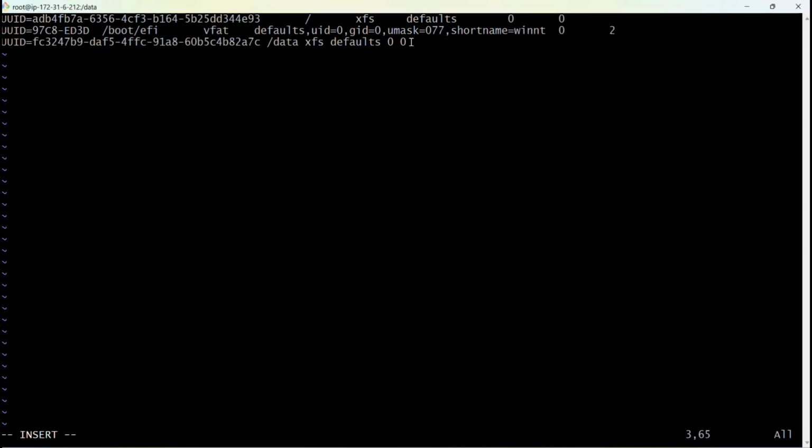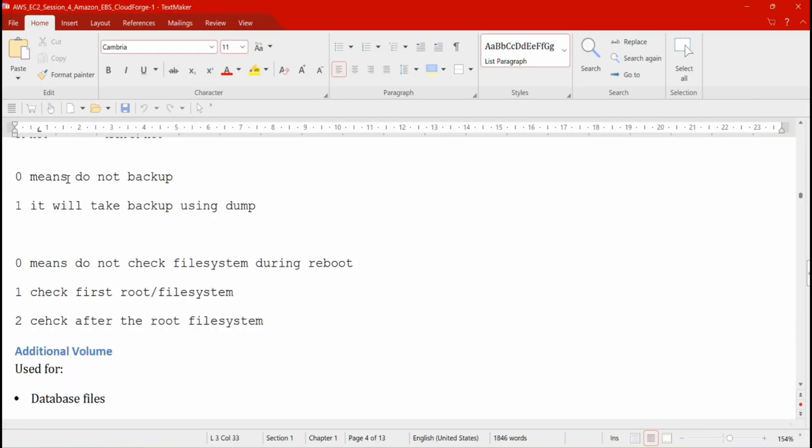So now what are these 0 and 0? For the first option, you can keep 0 or 1. 0 means it will not take the backup during the reboot of your system, and 1 means it will take the backup using the dump command. Okay,